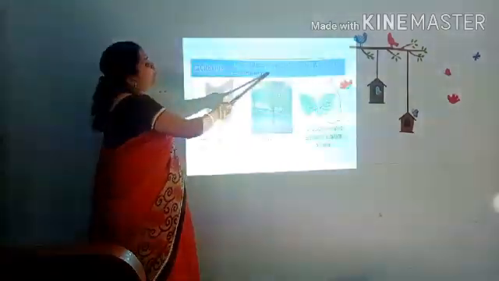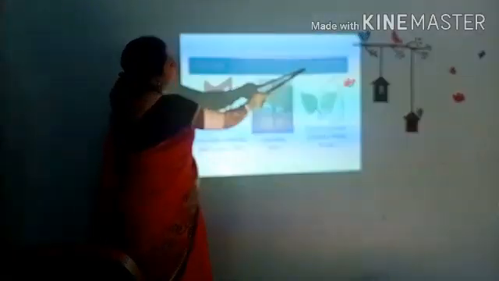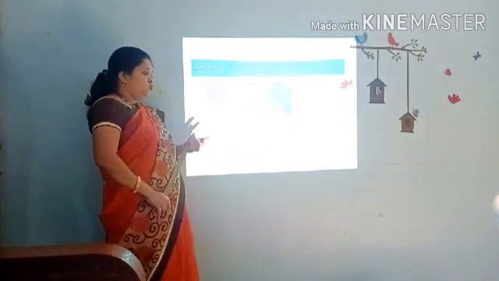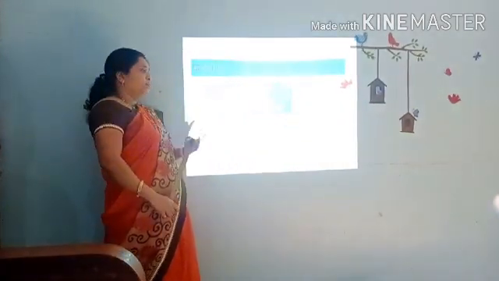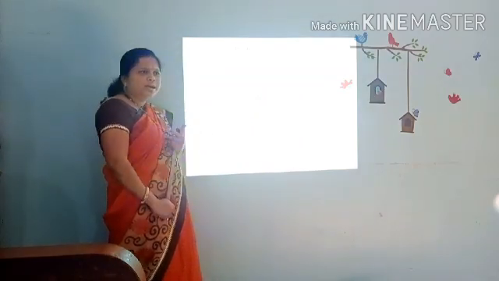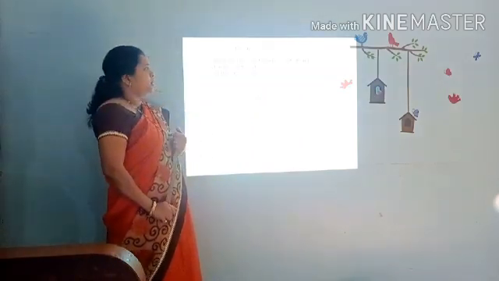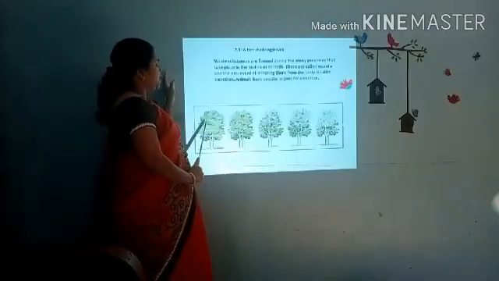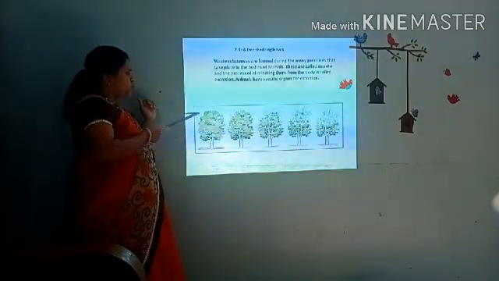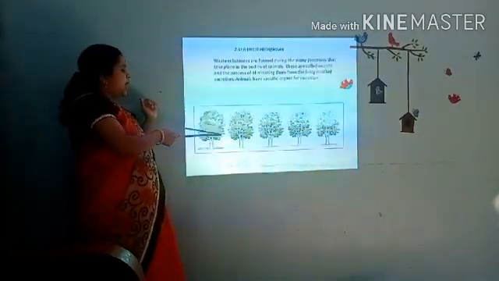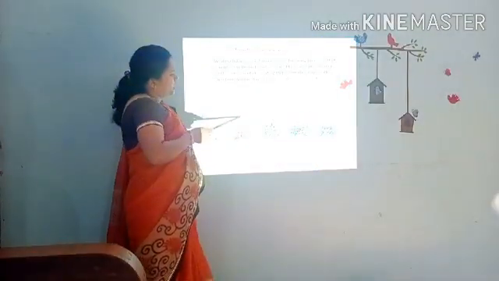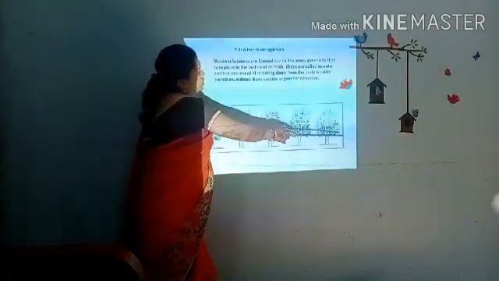So the process of passing out waste and unwanted substances from the body is called excretion. Like this, excretion takes place in living things. Have you seen any non-living thing excreting? No, you have not seen. Here you can see that as time passes, the plant stores the waste product in the leaves. As they store, when the leaves are full of waste product, they fall down and down and down.